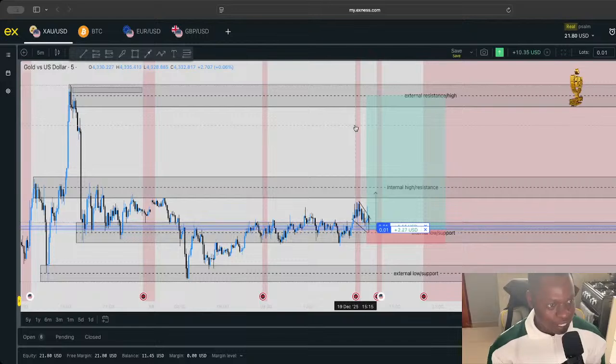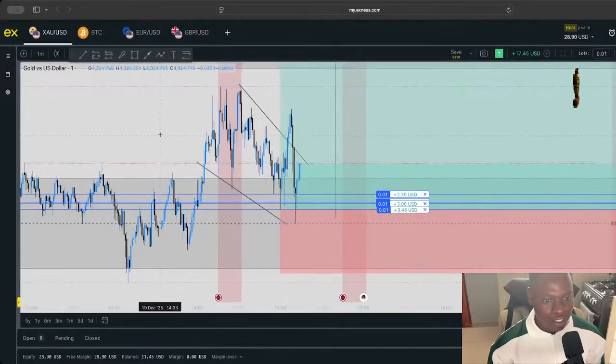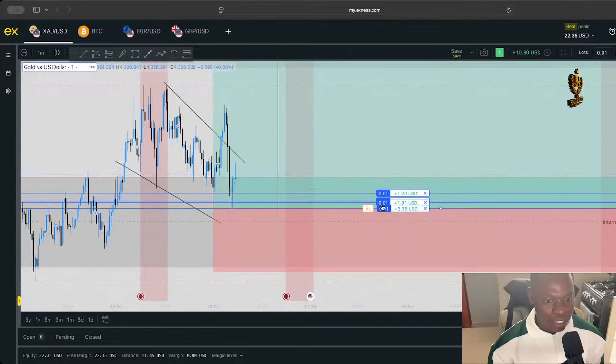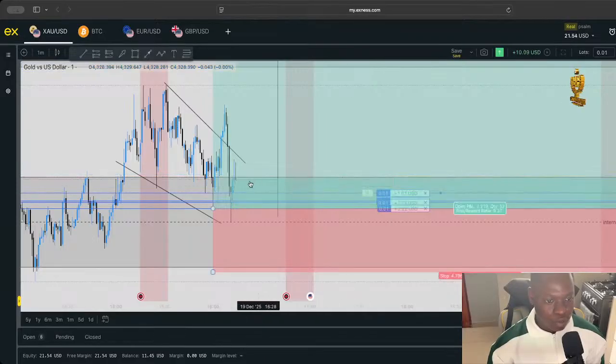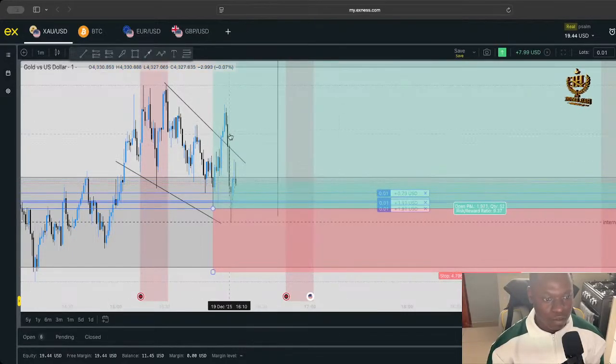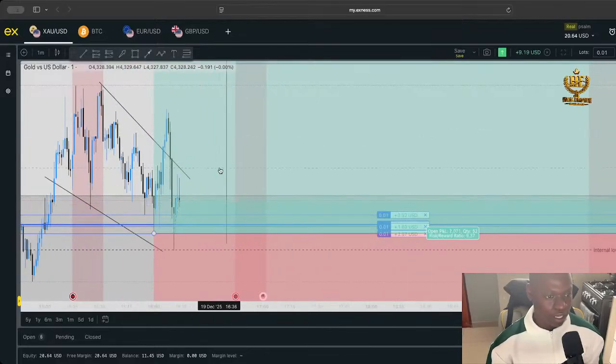As much as you need to know the direction of the market, you also need to see how to enter. So that being said, you can lock your stop loss, but let's allow it to move a little bit before we lock it,